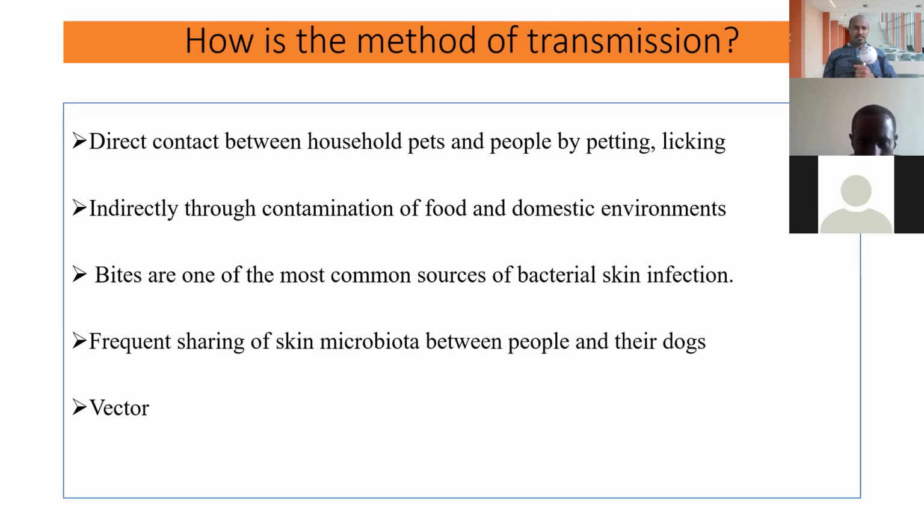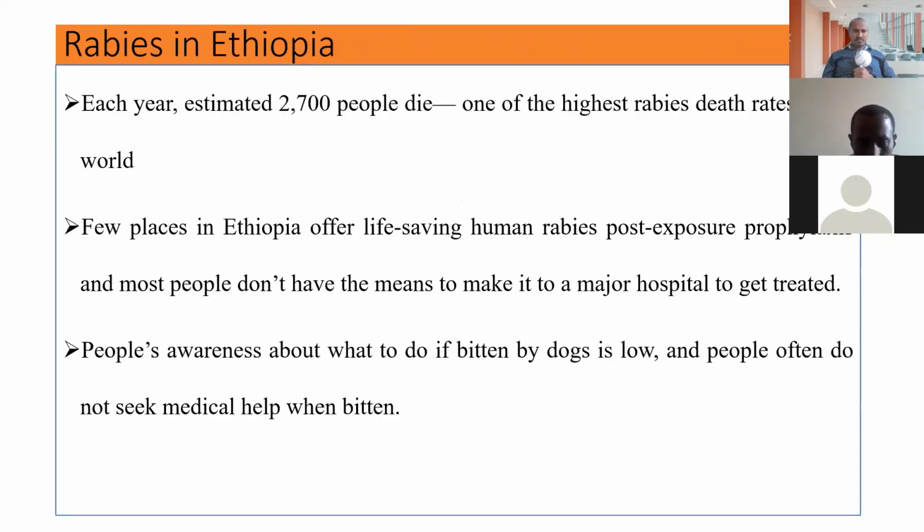And another one is that animals and humans have frequent contact with the microbiota present on the skin, which can also be considered a source of infection for transmission. And even vectors like flies can have a role in transmission, especially for leishmania or kala-azar, which is transmitted by flies like sandflies.